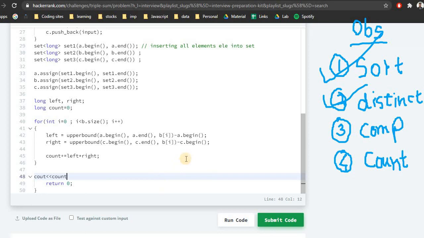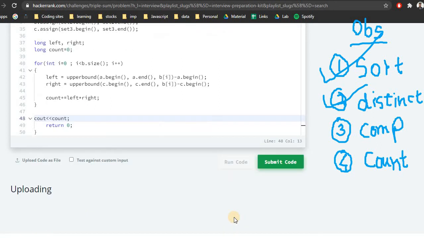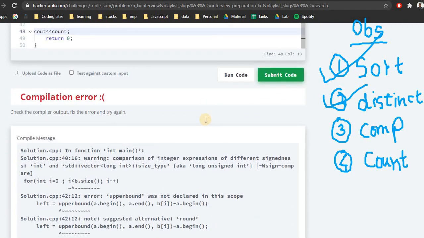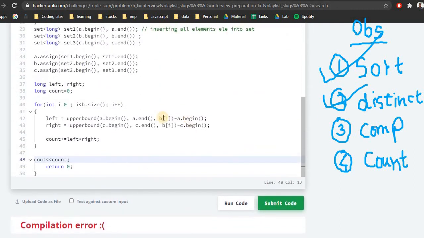So let's check. I think this particular code is okay, but I feel there could be issues. So let's check if there is any compilation error. After that we'll surely improvise on that part. So yes, we get a compilation error because there are a lot of things here. One of the issues is we cannot convert b dot size into the ith value.